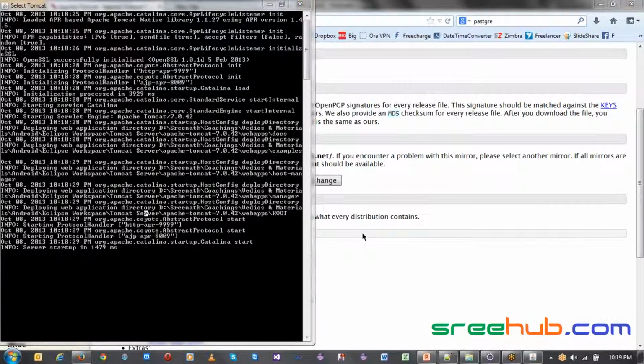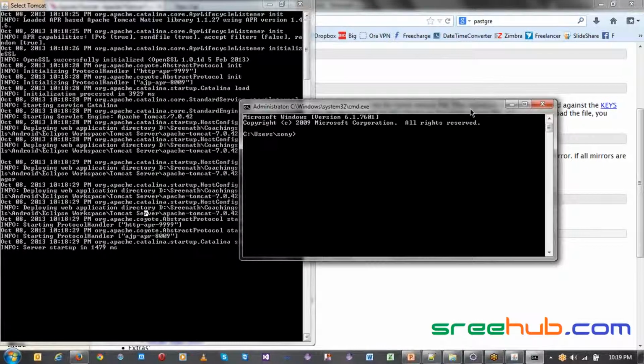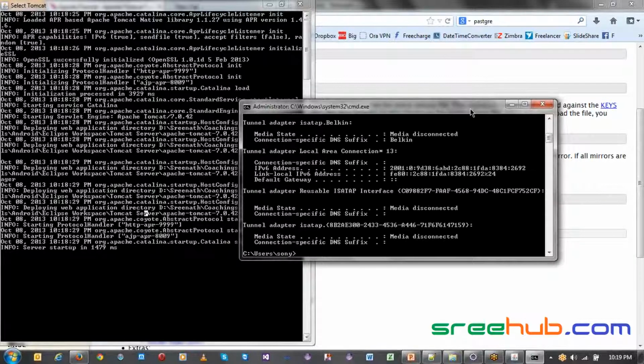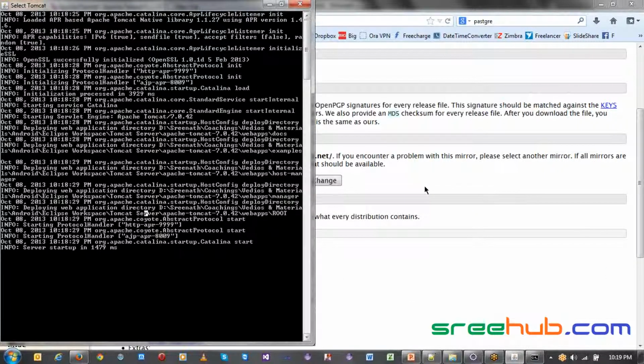So let me go to the command prompt here. Normally if you go to ipconfig, you will see the IPv4 IP of your machine. Now this is a normal machine. Normally, let's say your IP is a dynamic IP, so all of our machines will be dynamic IP, because static IP is very costly. You have to buy an IP for your machine.